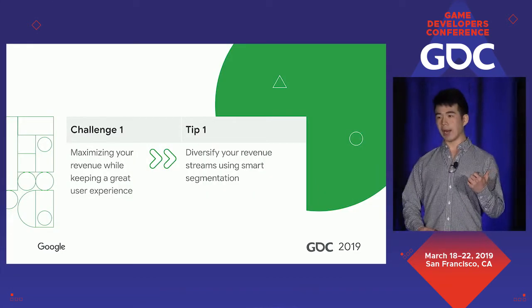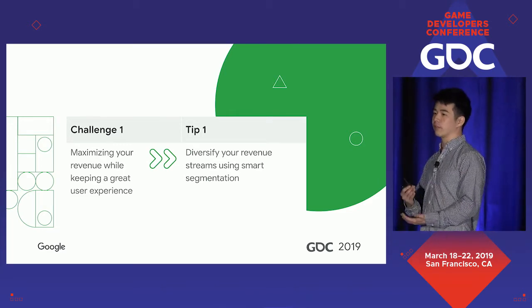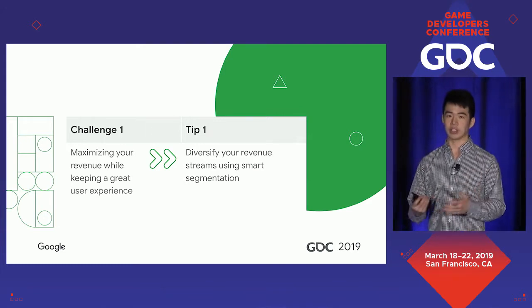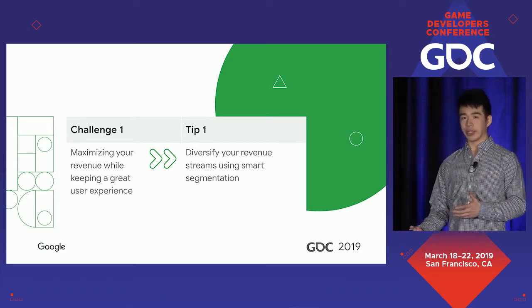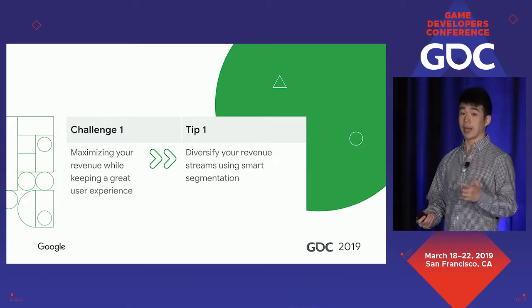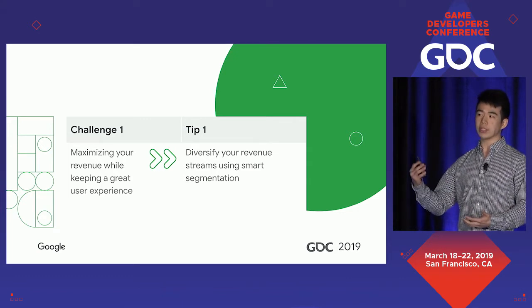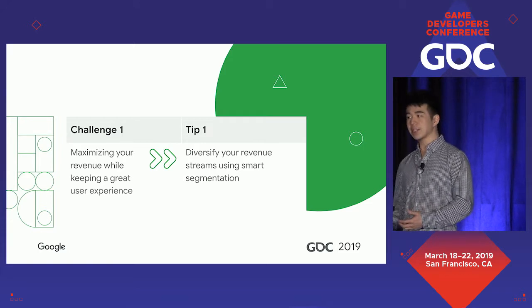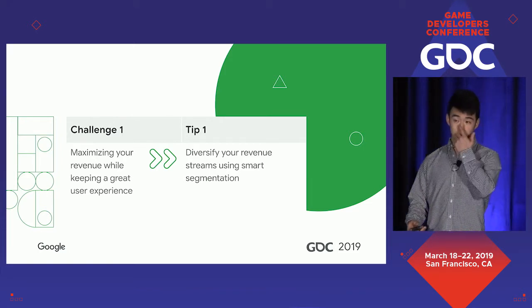So Jen just pointed out a great stat. I always find it surprising, but less than 4% of players spend on IAP. And we've looked at a lot of Google Play data. This is a well-known industry trend. Now, if you want to be a mass market game, one of the things that's really important is that you have to be competitive in user acquisition, right? But you also need to be super competitive in your user monetization. And if 96% of your users aren't paying inside your game, you may need to look to other streams of